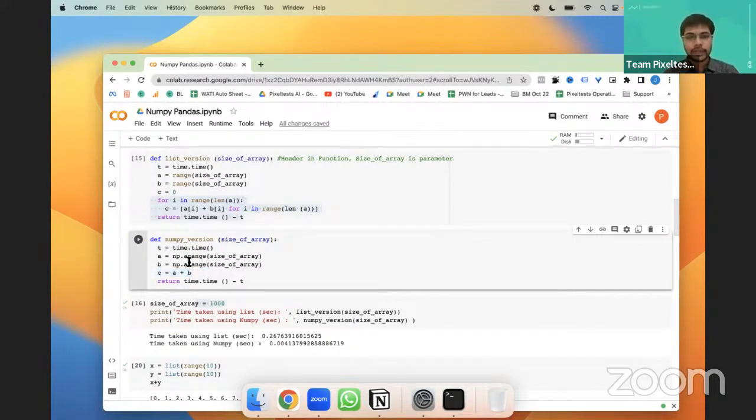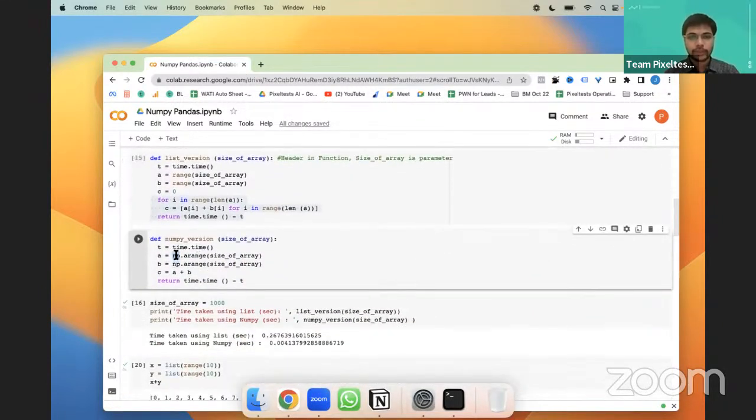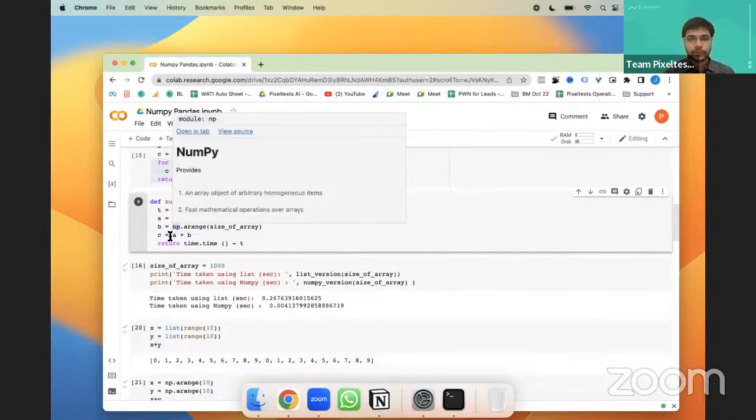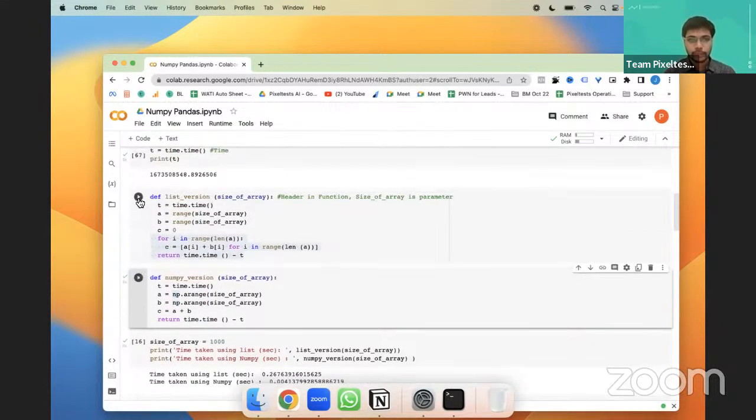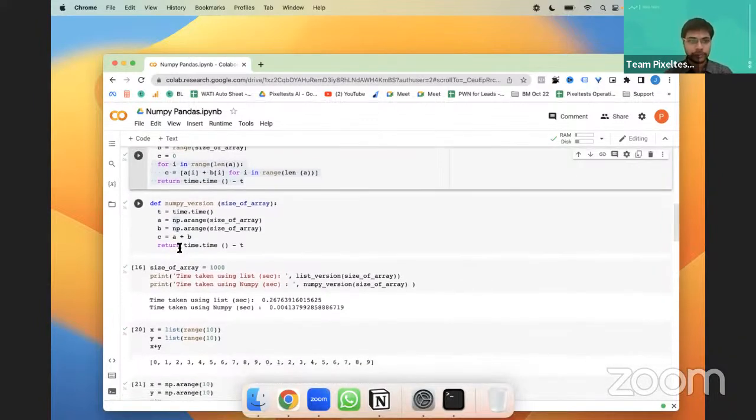Okay, so here, as we have imported NumPy as np, we are going to run np dot arange, the functions in that particular module, right? Here you can even write NumPy, but to make it easier, we're going to use np, because we have imported it as np. Okay, so now I'm going to run this also. Now I'm going to run the list version also, right? So now the program knows there are two functions. One is the list version, and the other one is the NumPy version, right?